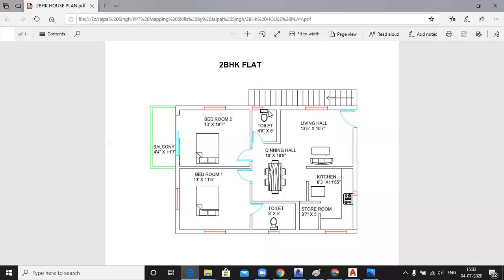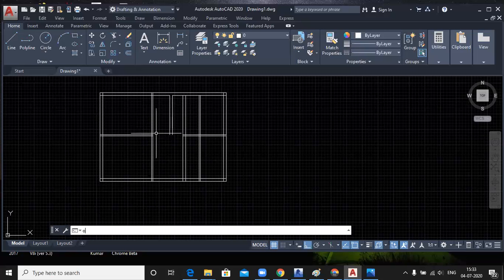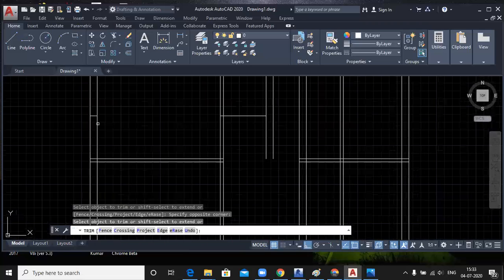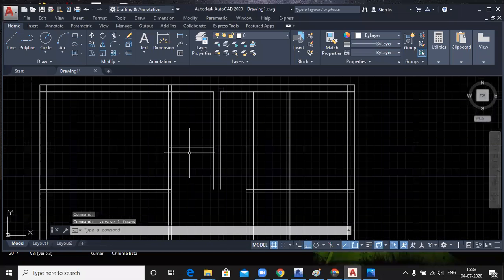Your bathroom toilet distance is 6 feet. Now you offset this line by 6 feet, right? Yeah, sir. And trim this line 4 inches, and offset this as 4.